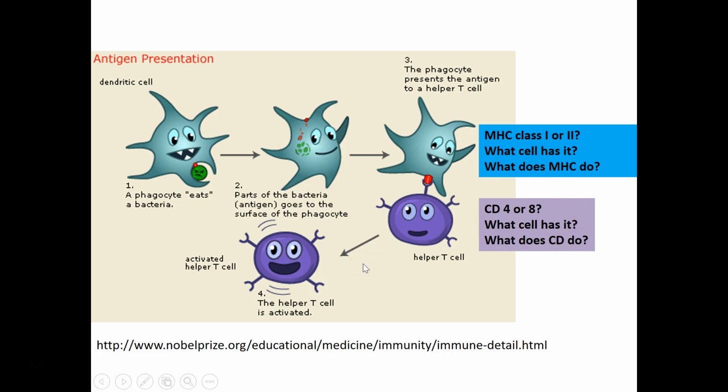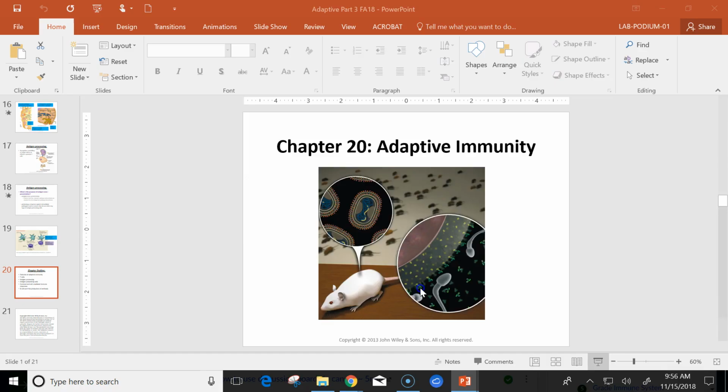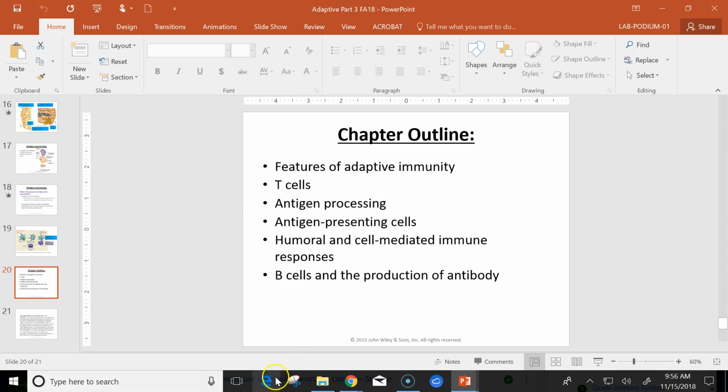Again, not shown here. But this interaction, this guy is activating that helper T cell, so he's going to proliferate. And he's a big talker. I guess the big mouth is appropriate, because he's going to do a whole lot of talking. So that's the end of